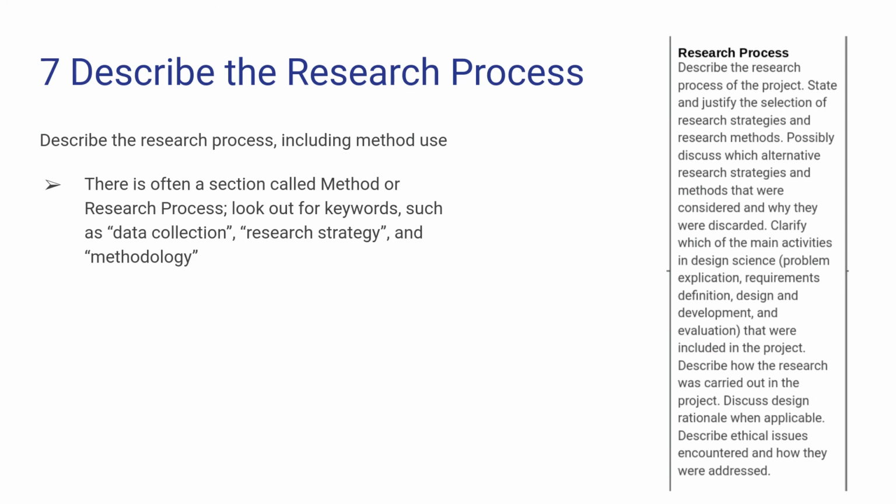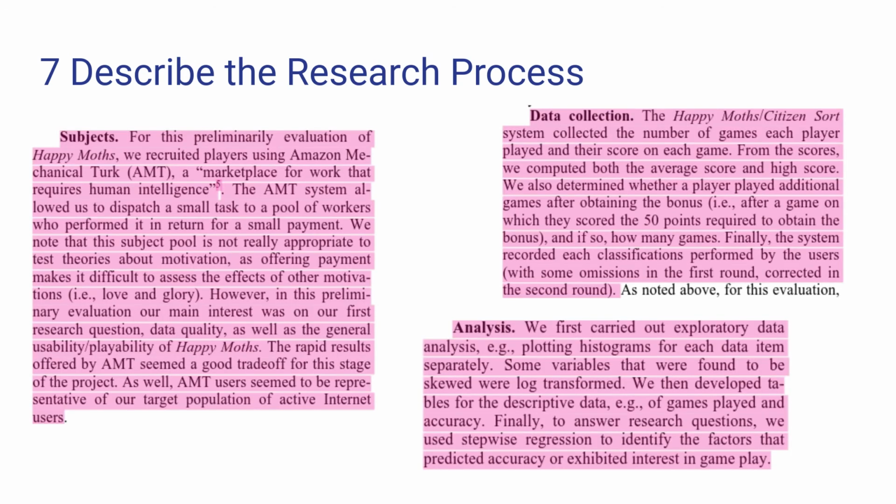Then on to the research process, including the method used. This is normally not difficult to find in the paper. There's often some big section called method or research process, or you can look for keywords, for example, data collection or data analysis or research strategy or research method and so on, and you will find where this research process is. Here are just a few excerpts again from the example paper, showing that they are working on some laboratory